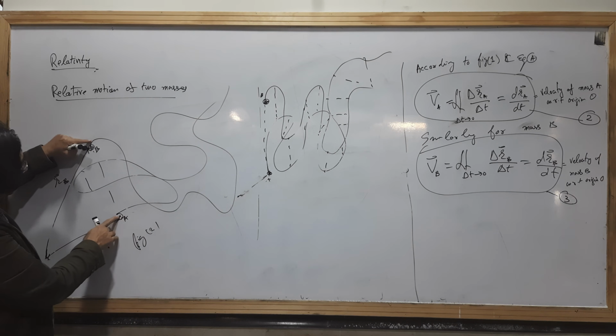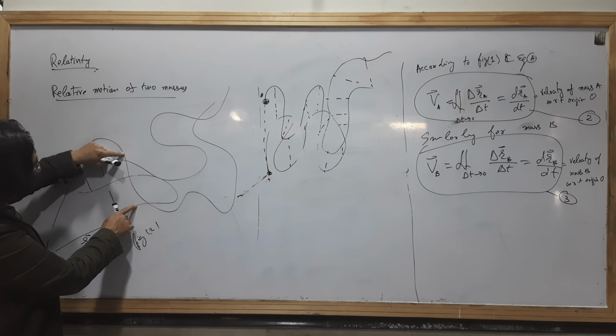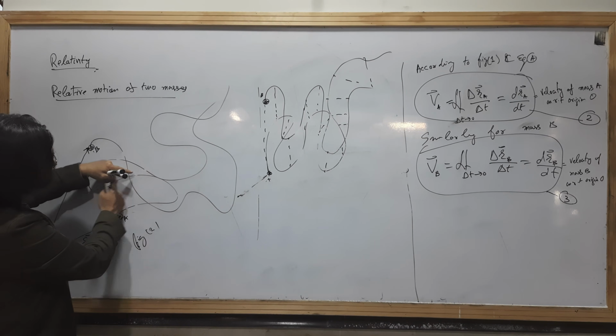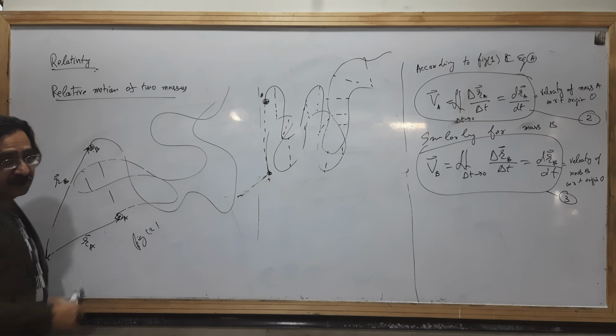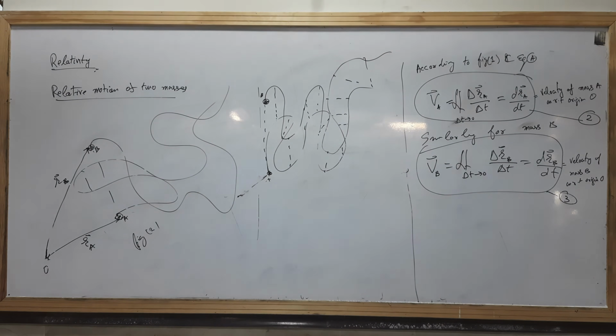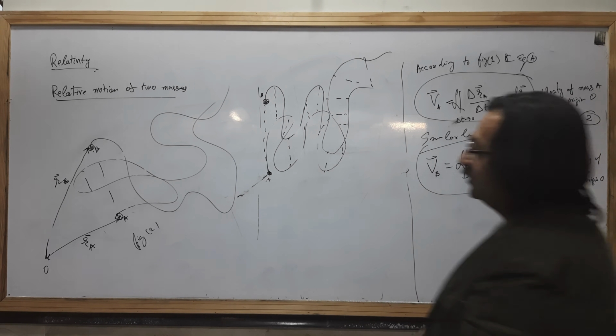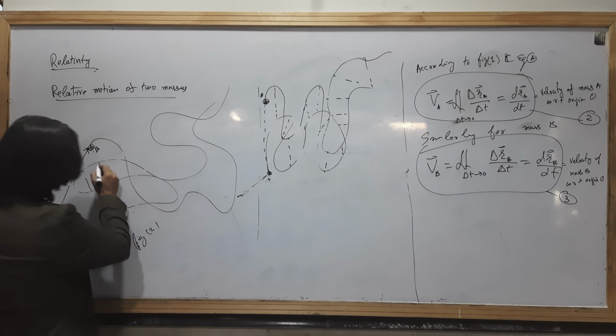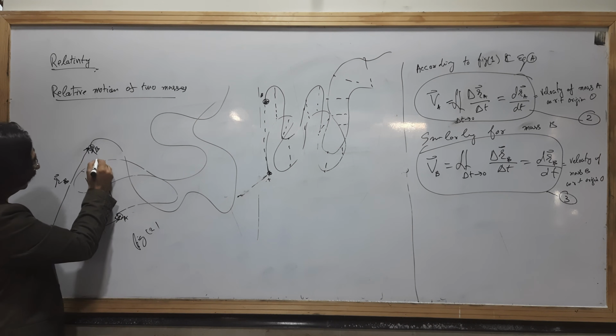For example, at 2 p.m. they are here, at 3 p.m. here, at 4 p.m. here, at 9 p.m. here. So with changing time, the difference will change. Not necessarily that it will increase or decrease; at some time it may increase, at some time decrease, but it will vary with respect to time.